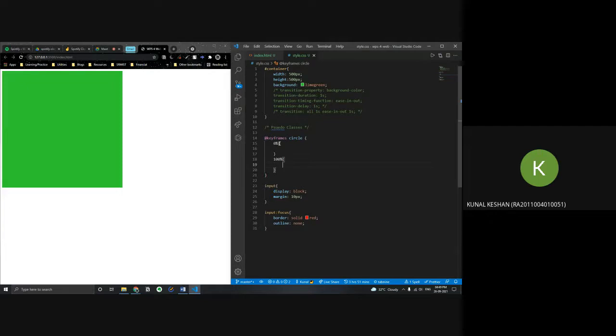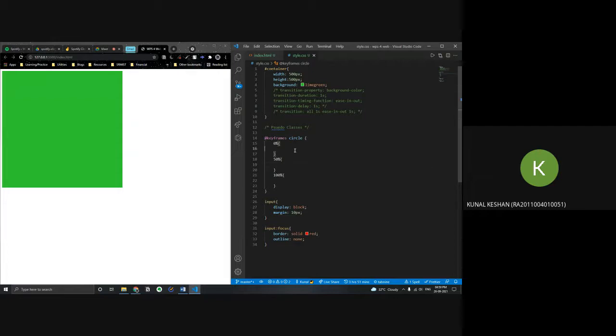So what are the 0% and the 100%? 0% here means zero from the start. This is basically like from and to of the timing. Suppose the animation is for 5 seconds. So 0% of 5 seconds is basically zero, and 100% means 5 seconds. So between those, you set the initial animation state to the final animation state. 0 and 100% are not the only values. Suppose in between you want another state, you can just put 50% over here.